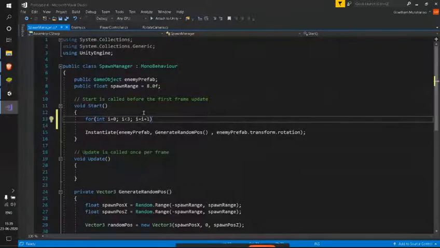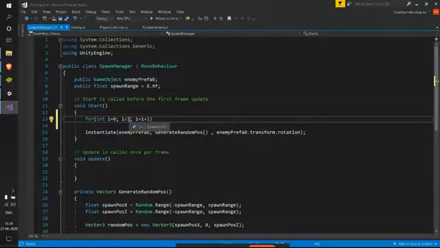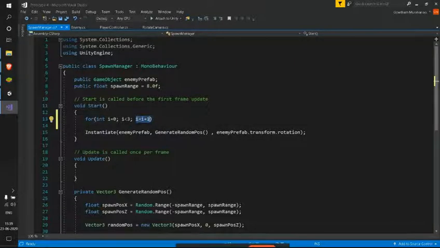I have started my i with the value 0, and later I gave a condition that the loop runs until i is less than 3. So I need some way to take my i from 0 to 3, right? That's this particular thing, incrementing or changing i.